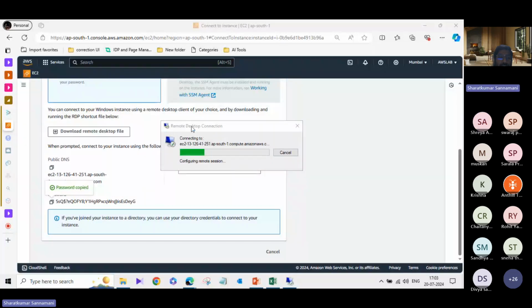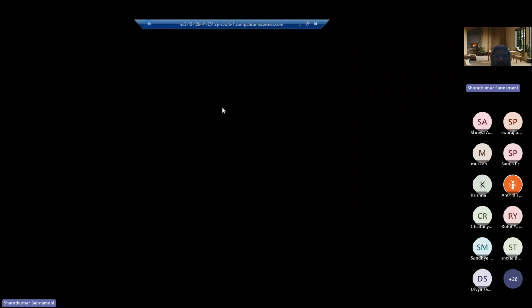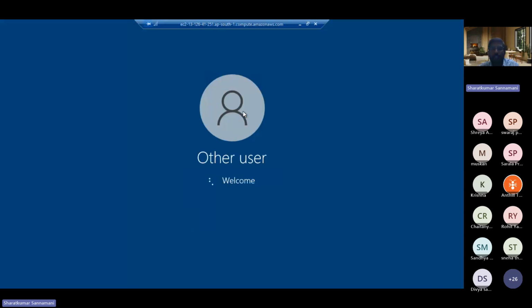And what I'm doing now is just connecting to that server which we created. Boom, now we have a virtual machine ready in front of us.